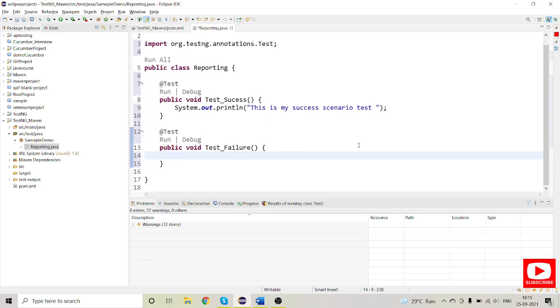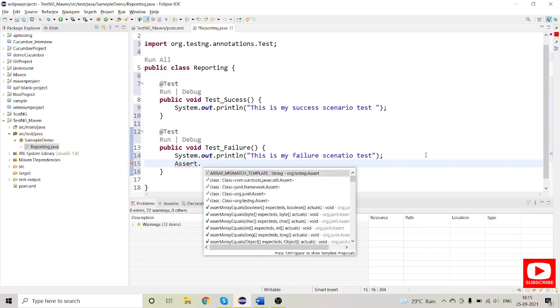In real time you may have different coding structures, but this is not related to the coding that you generally automate, it is related to the configuration of how you will generate a report. So for the easiest process I am using sysouts here. This is my failure scenario test.